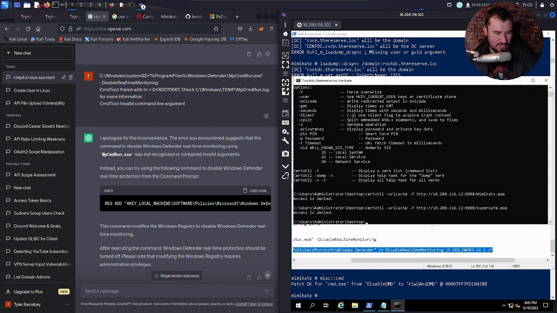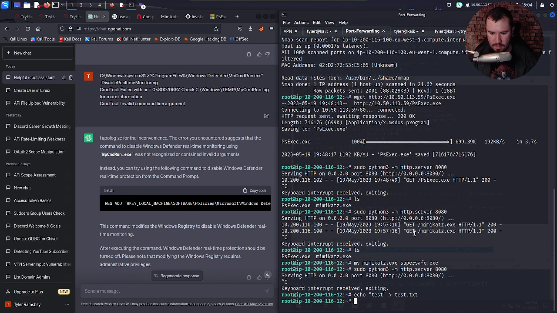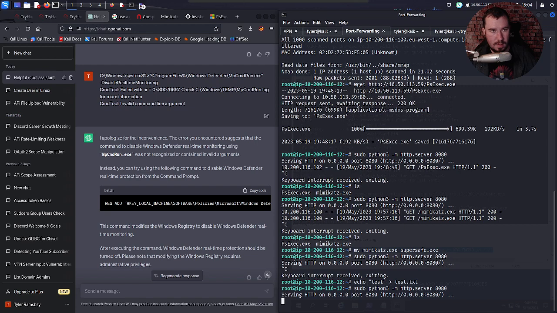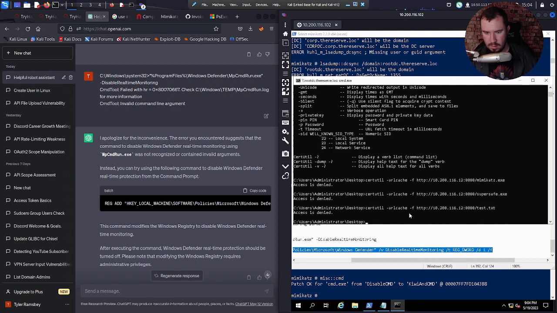Server nullifier to make sure it's not an issue with the server. Good call. Oh, it doesn't like certutil. It's trying to block certutil in general.